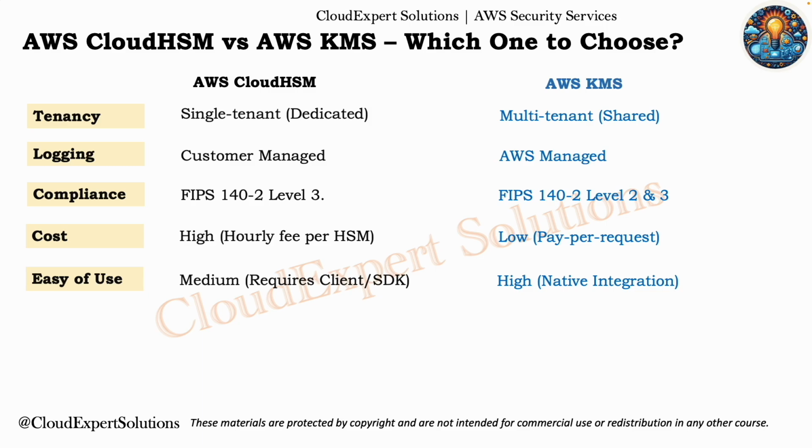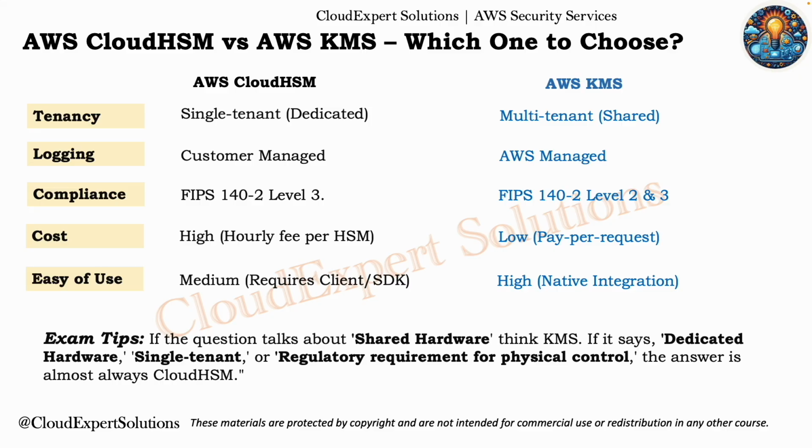Now to summarize, choose AWS KMS for most workloads where simplicity, automation, and cost efficiency matter. However, choose AWS CloudHSM only when you need dedicated hardware, full key ownership, and strict compliance requirements. For the AWS certification, if the question mentions shared hardware or ease of use, think of AWS KMS. But if it says dedicated hardware, single tenant, or regulatory requirement for physical control, then the answer is almost always